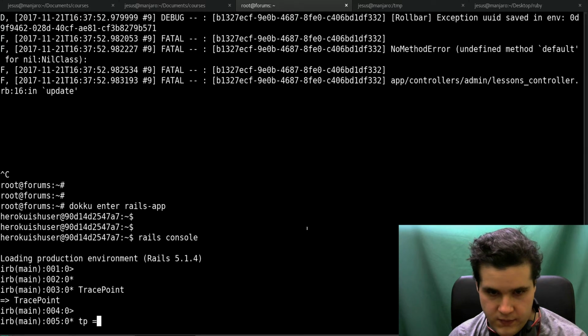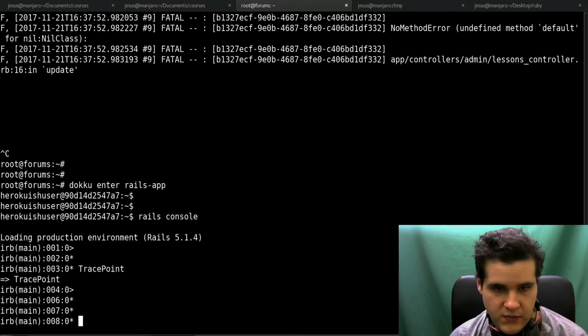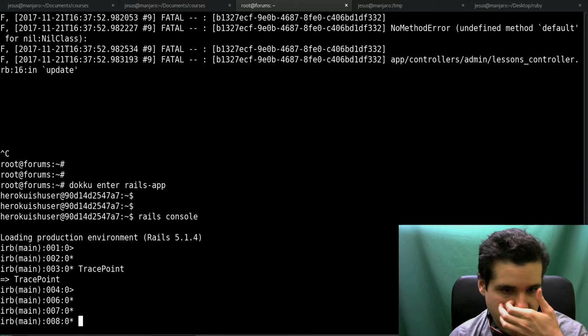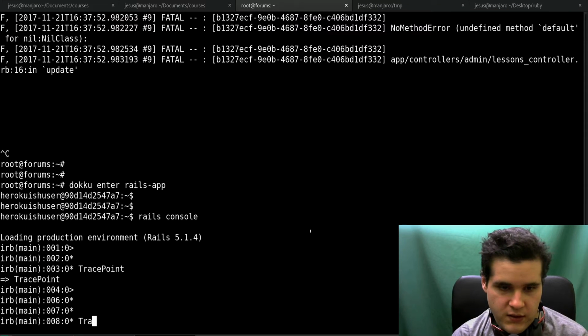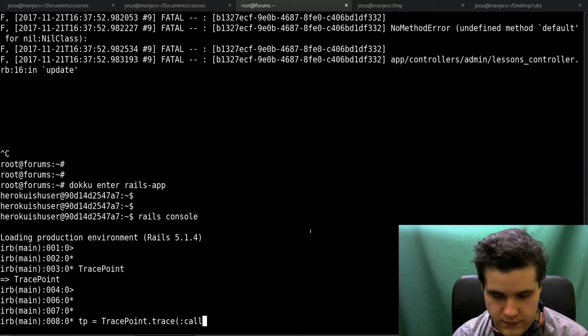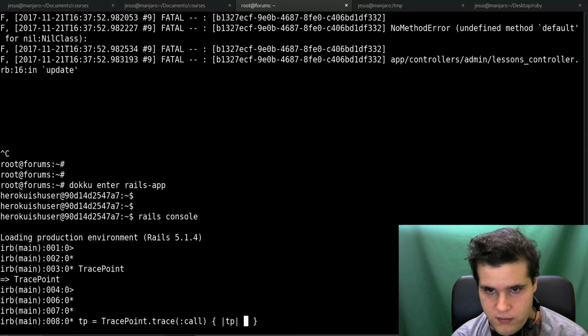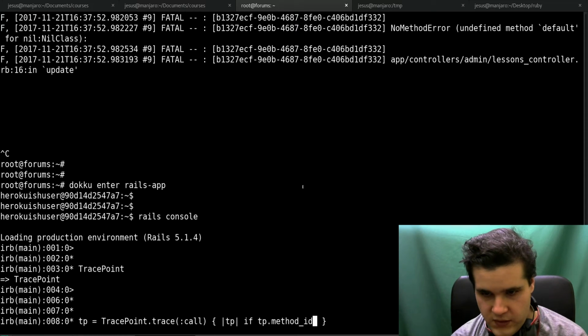Let's come here for a moment. So TP equals TracePoint.trace call. Then you get the object which has some methods in it. Method ID. So now if TP dot method ID